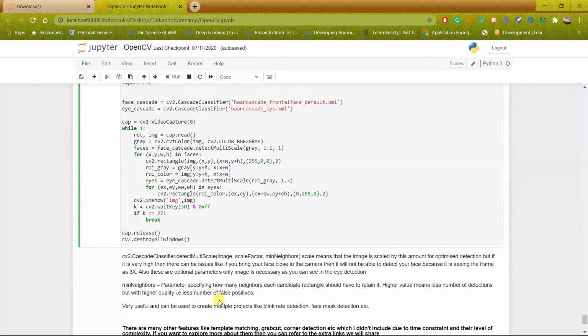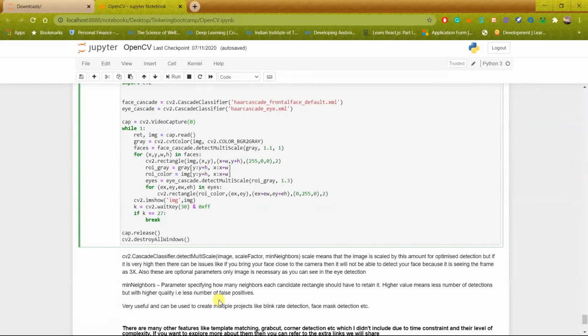But if you have only a single person in the video, you might want to keep the value a little high, so as to get better quality and reduce the number of false positives, because there is no face around, so you only want to detect the single face which is present, and with high quality.